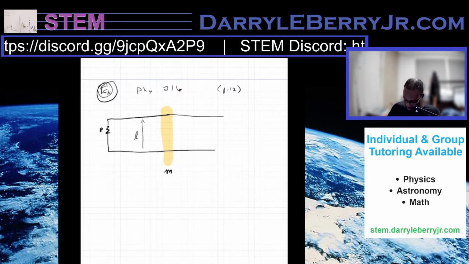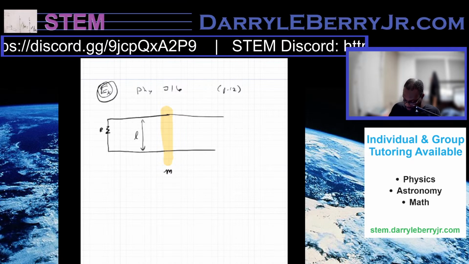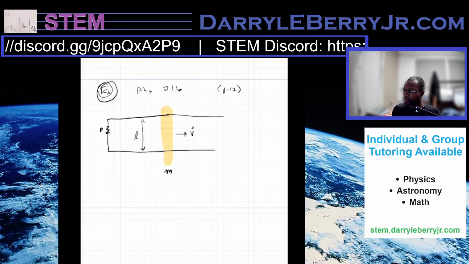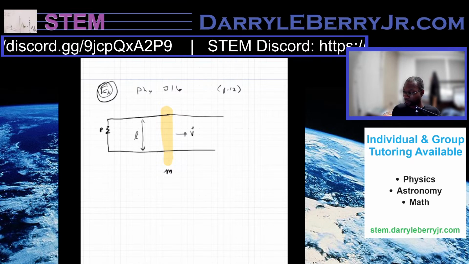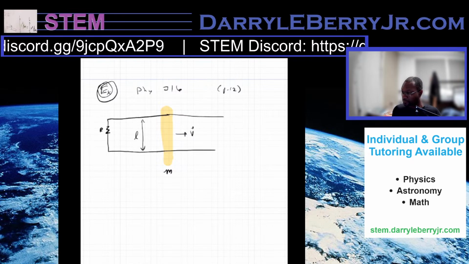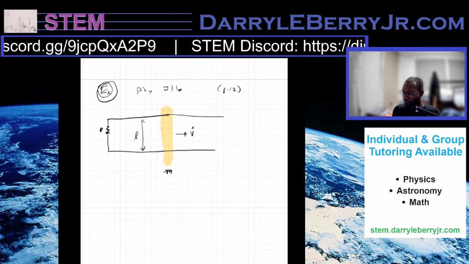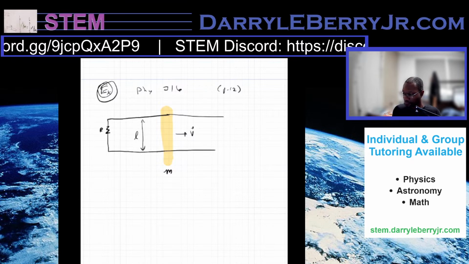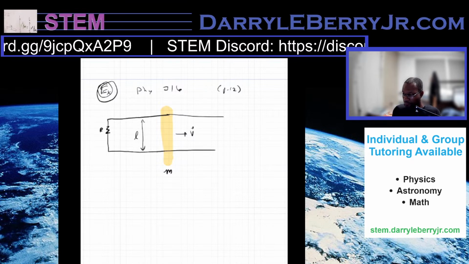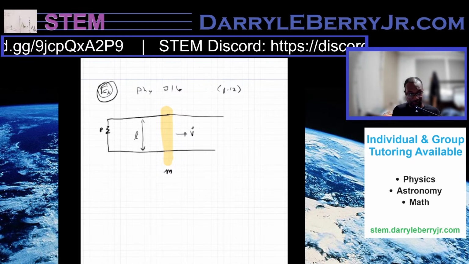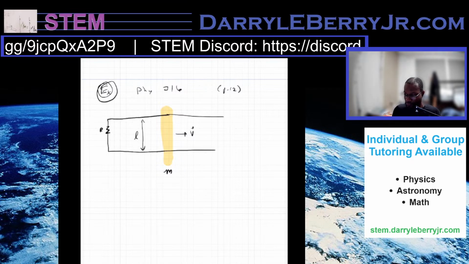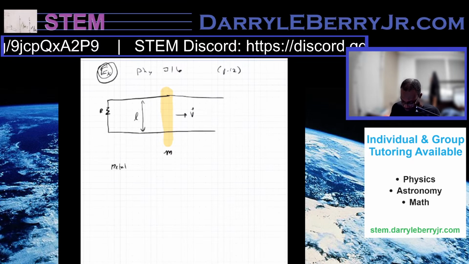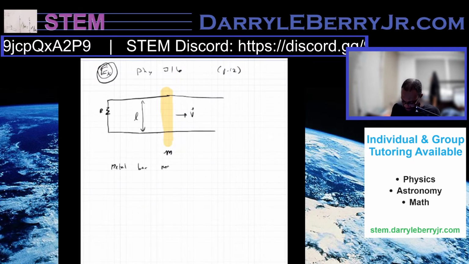This distance is L, and we will look at it moving with a certain velocity V. Bar mass M,